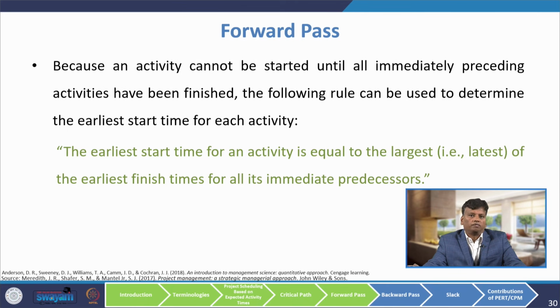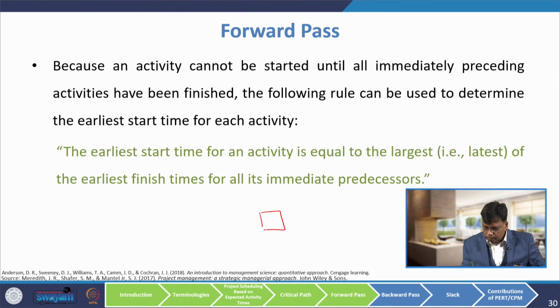That rule is called the forward pass. What does that rule say? The earliest start time of an activity is equal to the largest of the earliest finishing times for all its immediate predecessors. What this means is, suppose there is an activity,